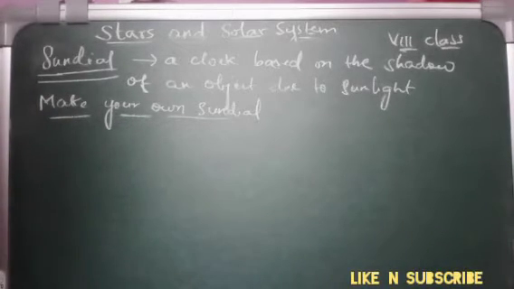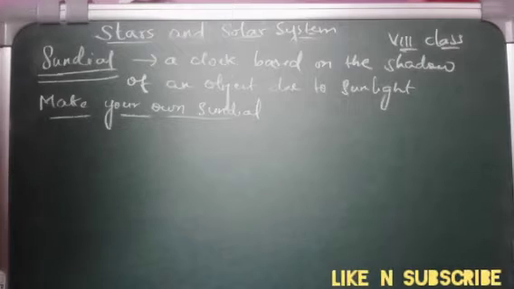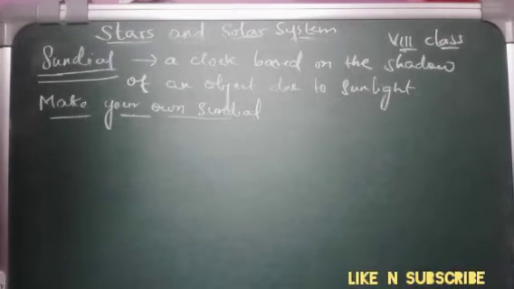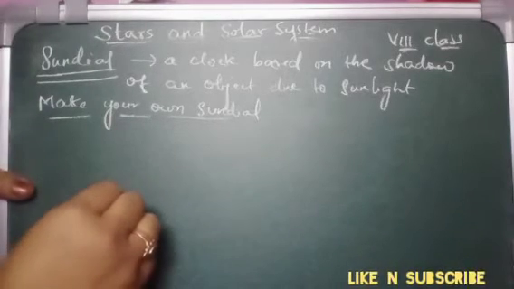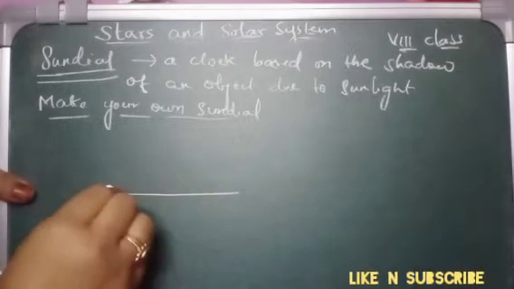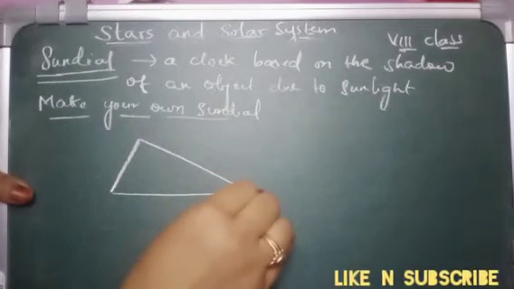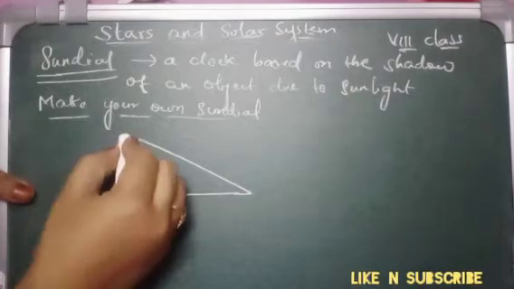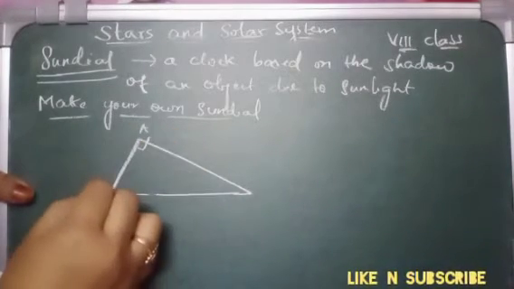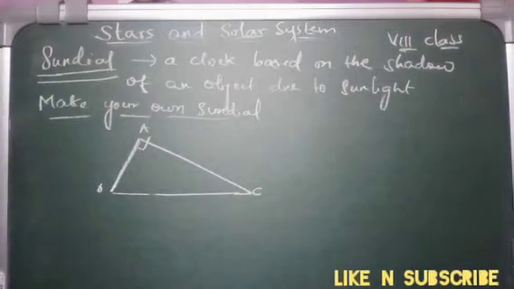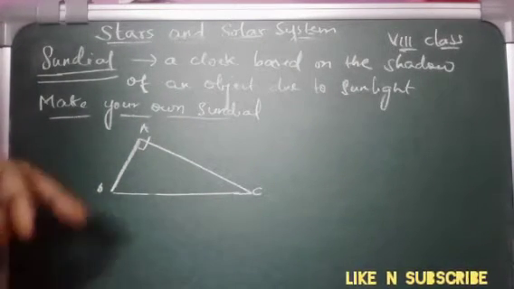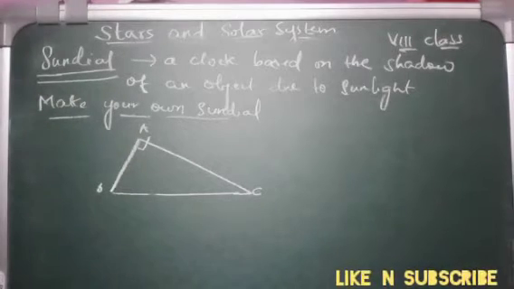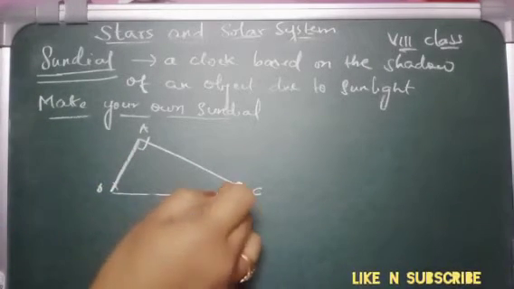First of all, we are going to take a white paper sheet, and we are going to cut a right angle triangle from that sheet of cardboard. So we take a sheet and cut it like this into a right angle triangle, and we will mark it as A, B and C. Now the angles we will take as angle A, angle B, angle C.